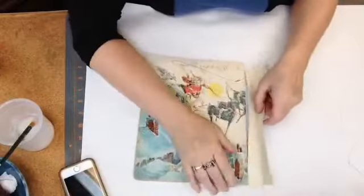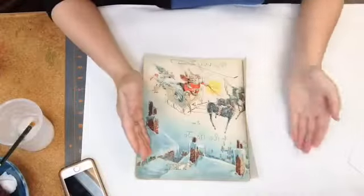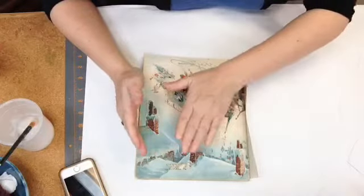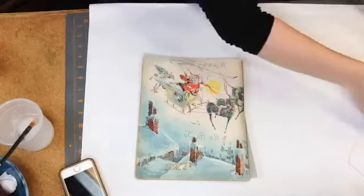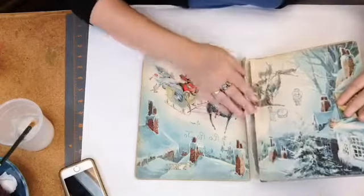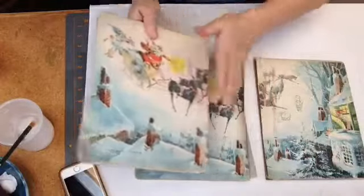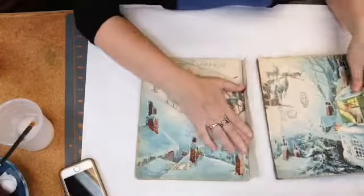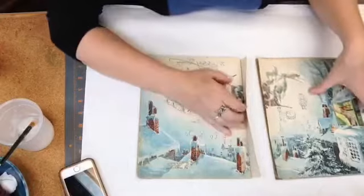The structure of the book is such that originally there was a whole other sheet of paper wrapped around here, and that was the other half of the illustration, and it got pasted down onto the board, as you can see. So this was the other sheet of paper that was wrapped around there. And so now, instead of doing a whole new sheet of paper, which I suppose would be a possibility,